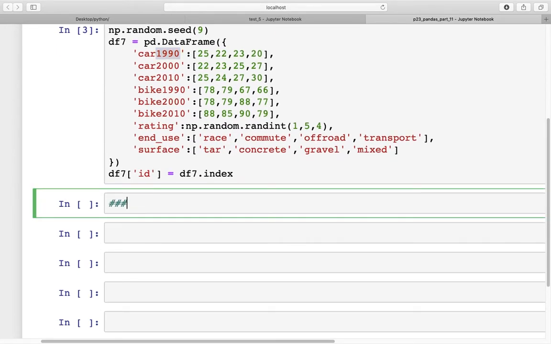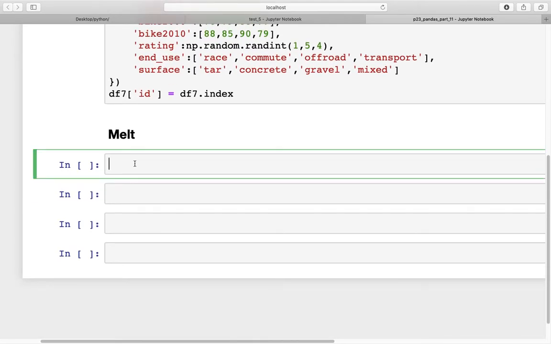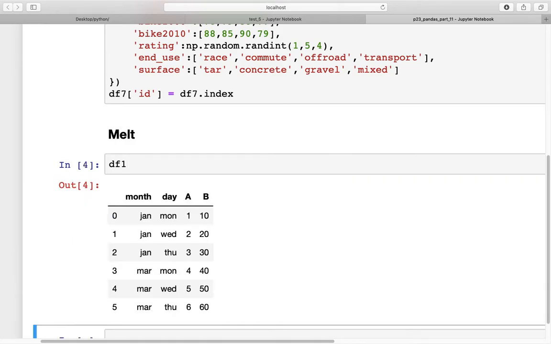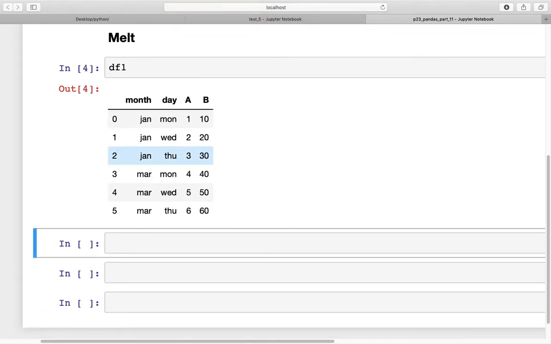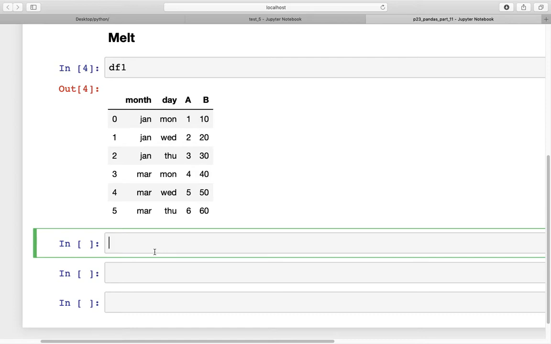We'll separate the car out from the year 1990 and put them in separate columns and rows. We'll get to that in a minute. So let's get started, and first we'll try to reshape the data frame using melt. Now for melt, what we need to type is df1.melt. Let's first look at how the data frame looks, and this is what we have. We have the month column, the day column, and then we have two columns which are A and B for numeric values. Now for melt, we'll type df is equal to df1.melt, id_vars is equal to